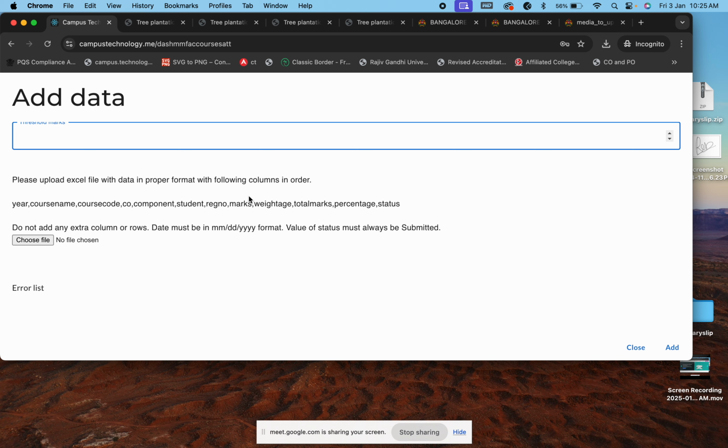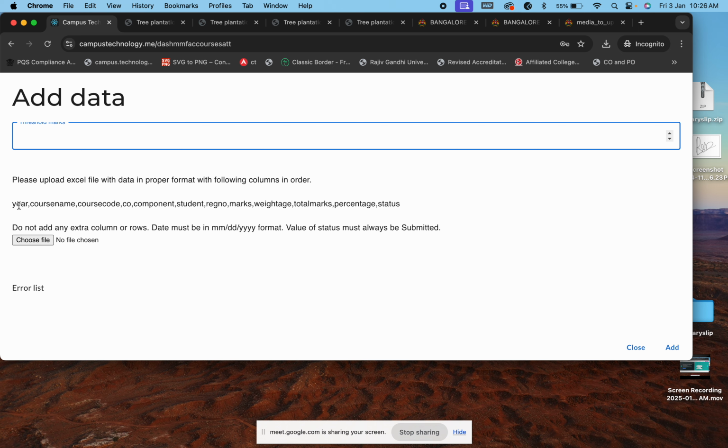If you say my threshold marks is 1, any student who's getting more than 1 will be considered. So the threshold can be decided at institution level or department level. Whatever threshold marks you give here will basically be your cutoff from which students will be considered for attainment.